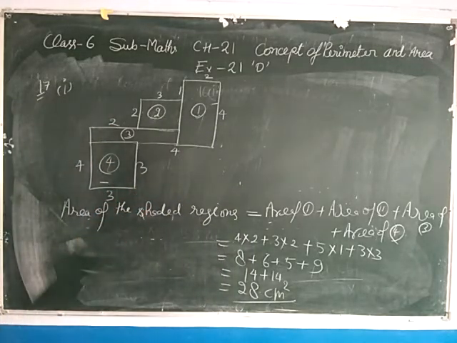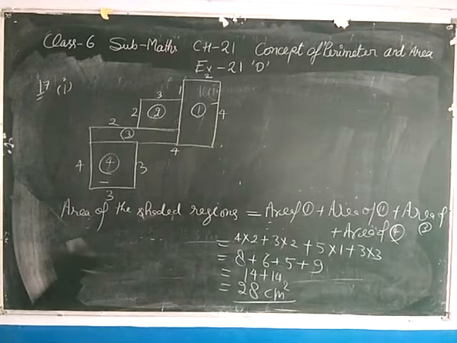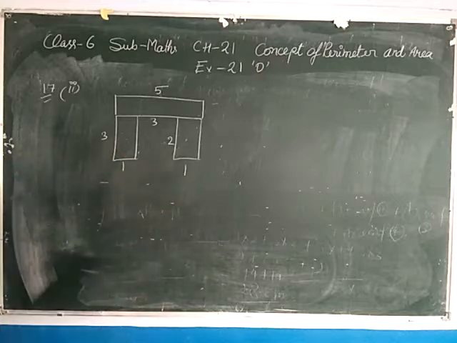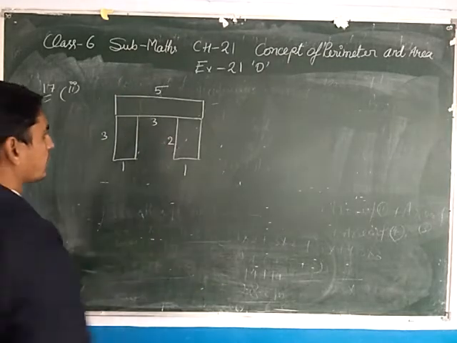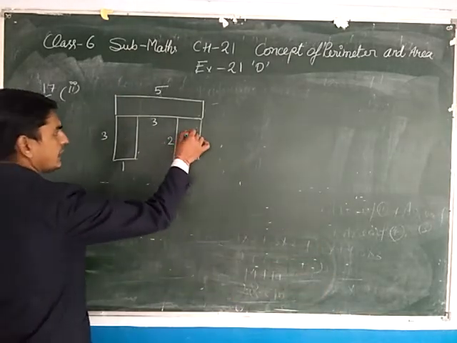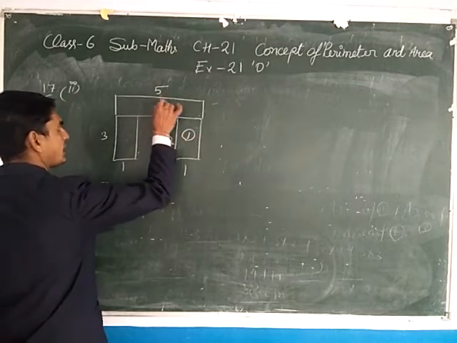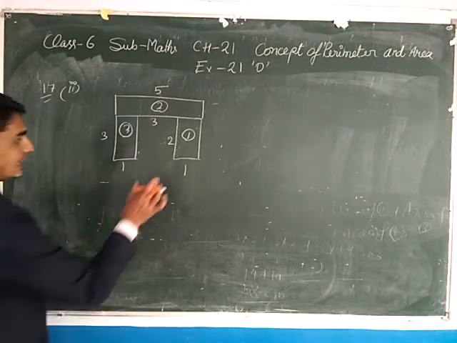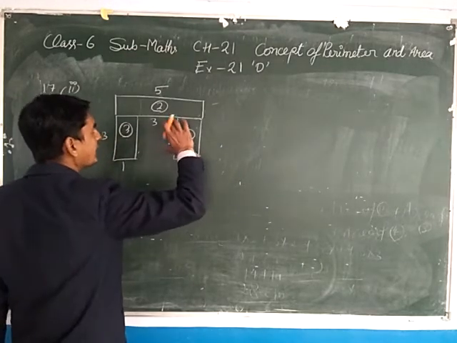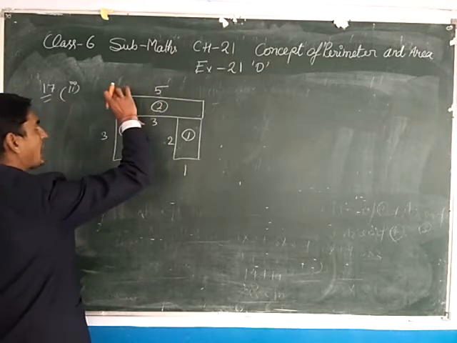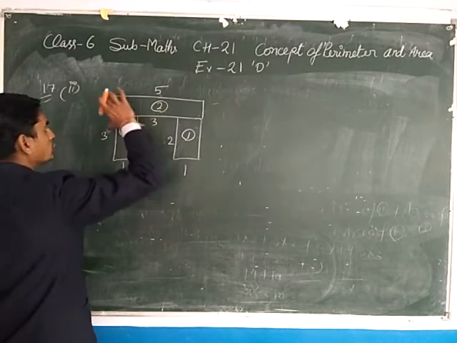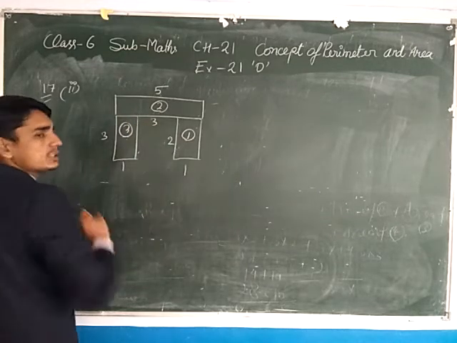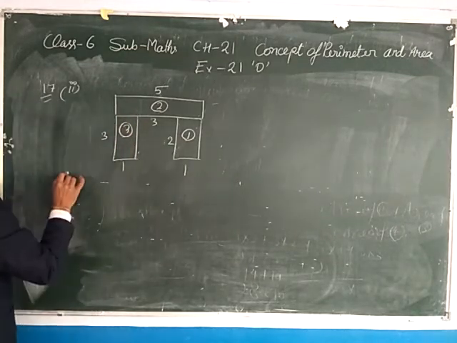So tell me students, everyone clear? Now see the second part of question number 17. The second part has this given figure. See, this is a rectangle. Suppose this is the second rectangle and this is the third rectangle. For this, this is the breadth and this is the length. For this, 5 is the length and the total breadth is 3, this is 2. So 3 minus 2 is just 1, and this is also 1, and this length is 2. See the solution of this question.